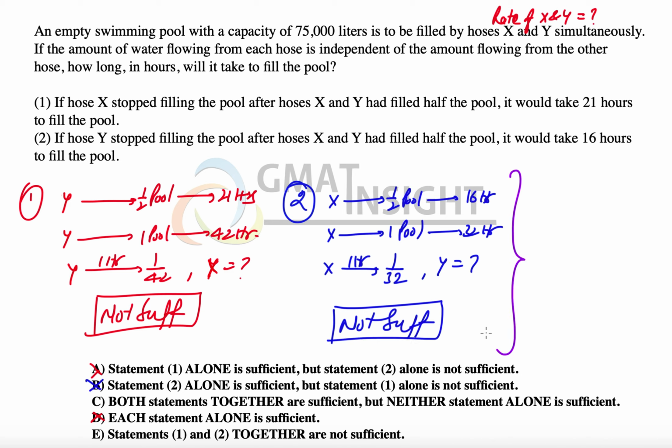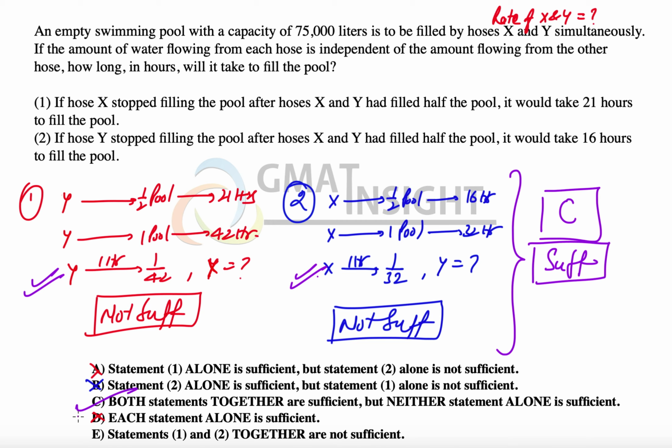Now the combination of the two statements tells us everything that we need, because we know the rate of X, we know the rate of Y, therefore we can find out how much work they will finish in 1 hour, and accordingly we can find out the time in which they will be able to fill the entire pool. So we say that the statements together are sufficient to answer the question, and the final answer is option C. Because the calculation is lengthy and that's not required, therefore I have not done it, but I hope